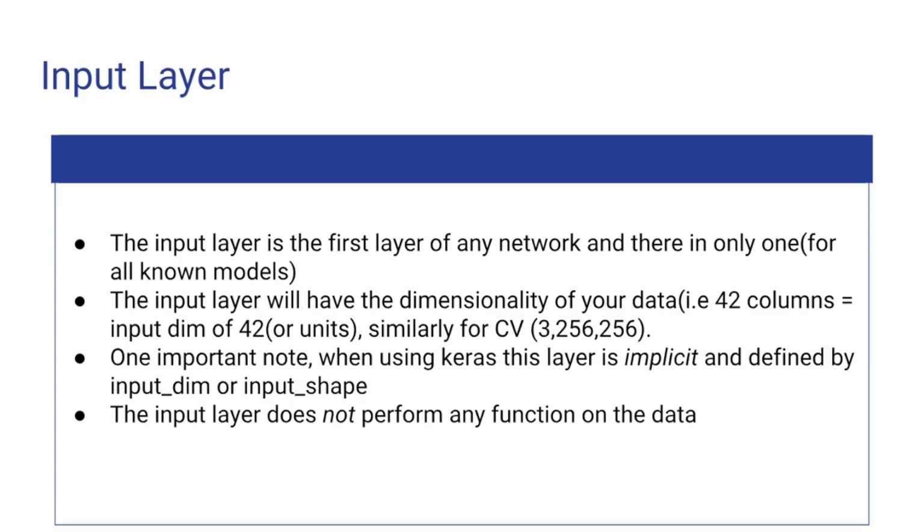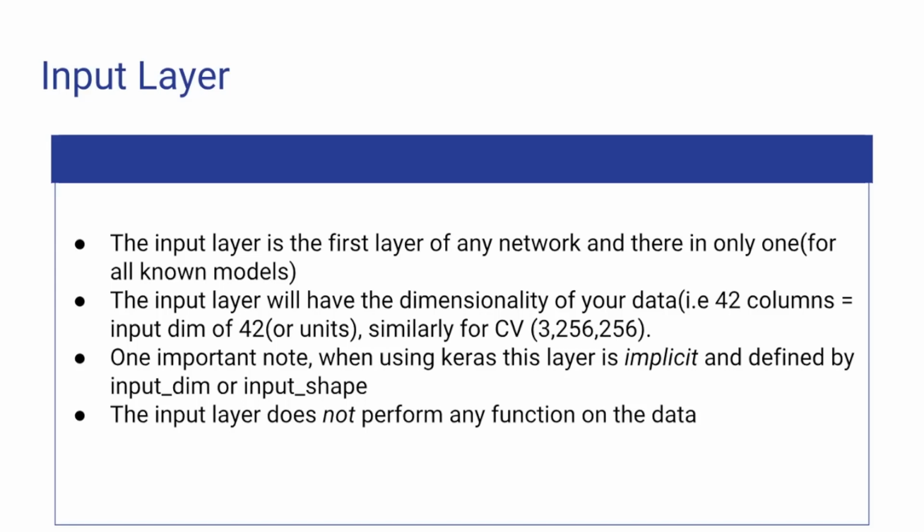One important note: when you're working through these problems, even now I like to keep the fundamental ideas in my head. For example, if you're using Keras, the input layer is implicit. So you're not going to define it in its own line by itself unless you're using the functional API. It will be defined by the input dimension or the input shape. And let's say you make a dense layer with input dimensions of 50, that 50 will be the input layer and your dense layer will just be a regular hidden layer.